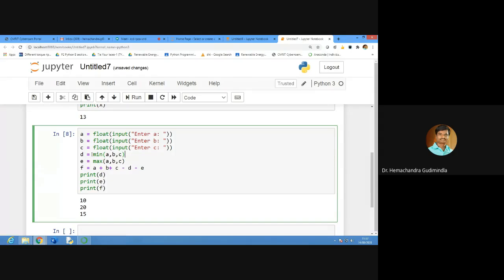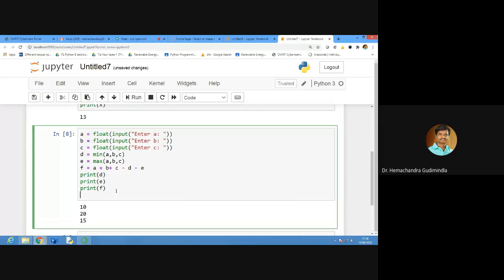You understand? So minimum of A, B, C, maximum of A, B, C. Now D, E, F, I know that. Now I am printing that. Print of sorting of numbers, or I can write it another way: after sorting.